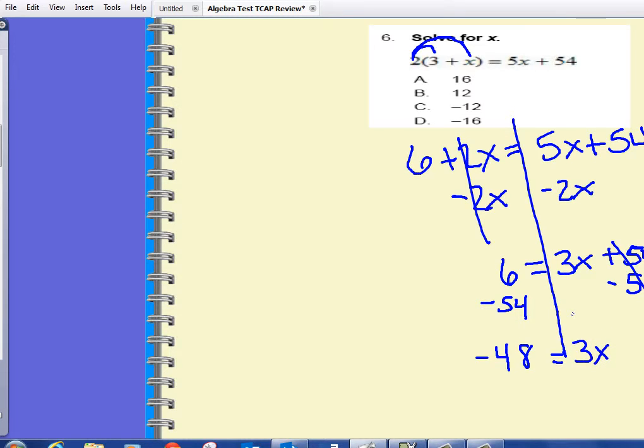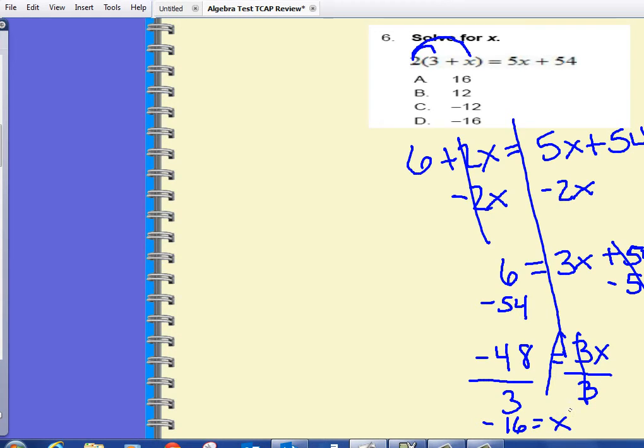So now I'm close to being done. I have one more step, and that is I need to divide both sides by 3 because ultimately I want to get x by itself. So when I do that, it cancels out. Negative 48 divided by 3, you will get a negative 16